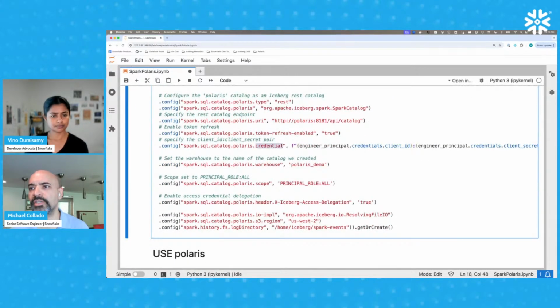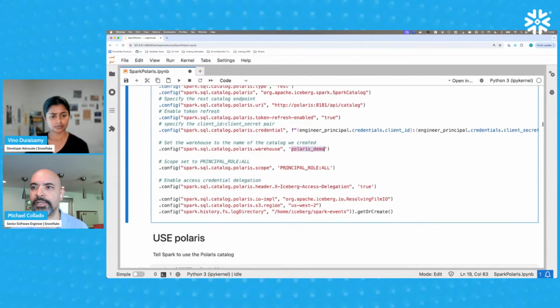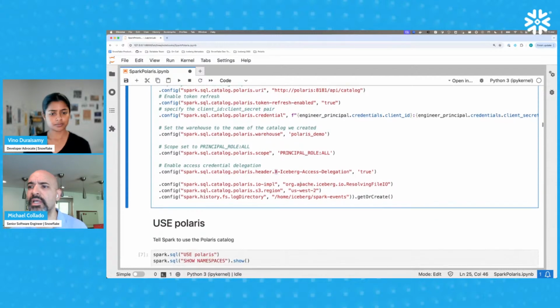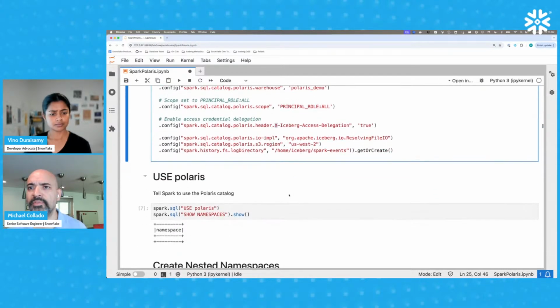We're going to give it the credentials, which are here my engineer principal credentials. And we're going to specify the Polaris demo catalog that I created earlier. Gotcha. And we're going to set the scope, which I'll come back to in a minute. But right now, we're going to just say the principal role is all. And then we're going to tell Iceberg to use access delegation, and then set a couple of other, like I said,